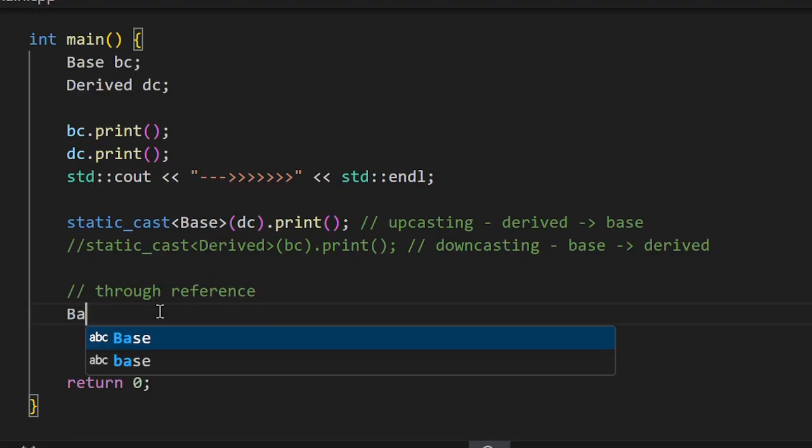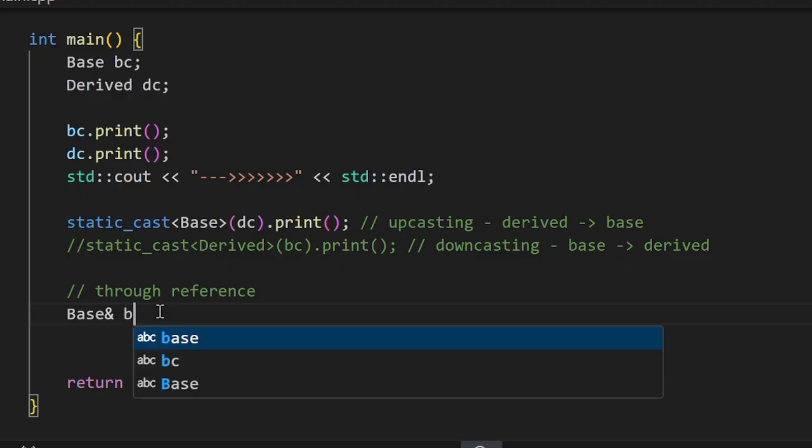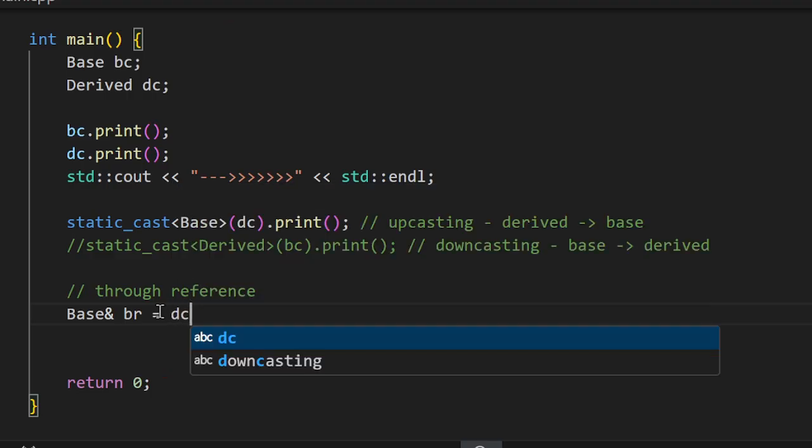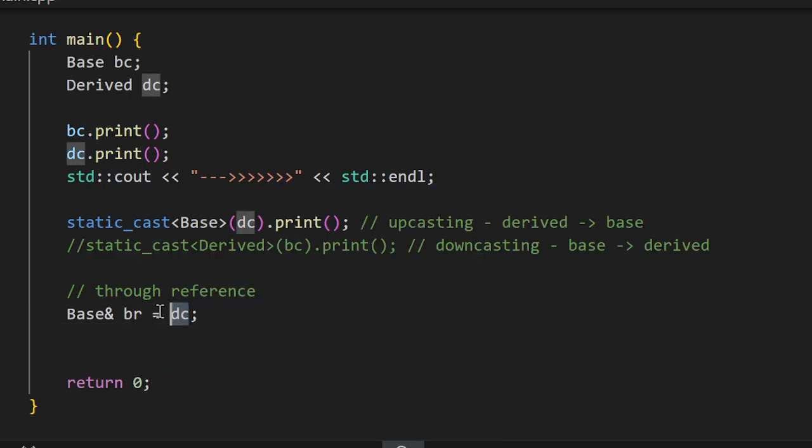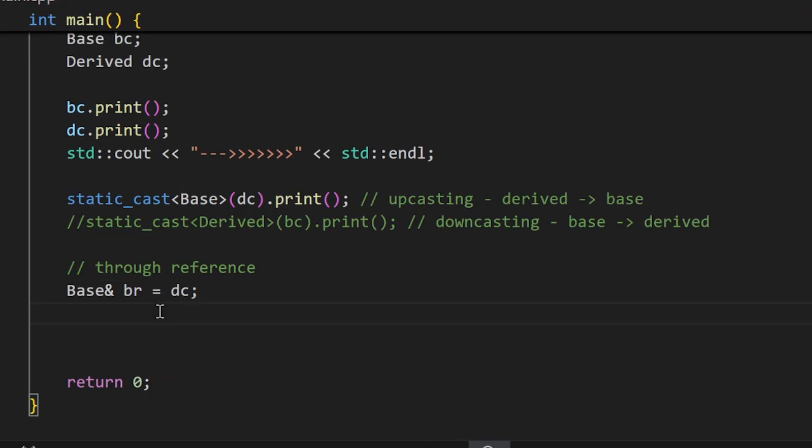Let me create a base reference BR, and you can use the base class reference to refer to a drive class object. So this is a drive class object, and this is a base class reference, and this reference is actually set to the drive class object. In this case,